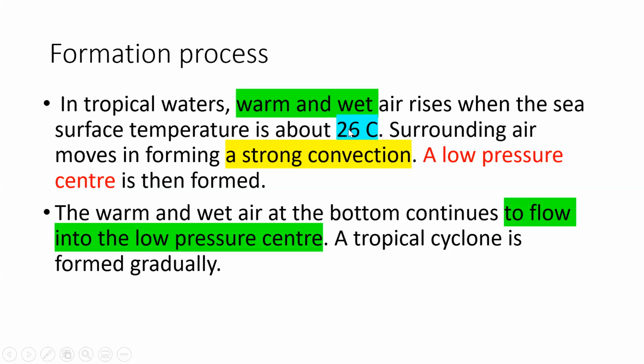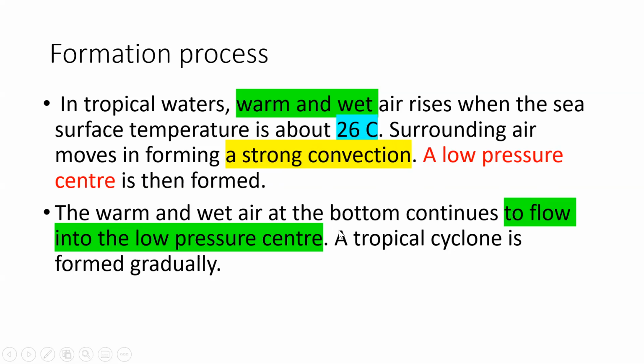Now remember, when the surface temperature is above 26 degrees, 當嗰個海洋嘅溫度大過26度，暖而且濕嘅空氣會上升。Okay, surrounding air moves in forming a strong convection. Convection means 對流空氣。A low pressure center is formed. 喺個颱風嘅中心係一個低壓中心、低壓區。